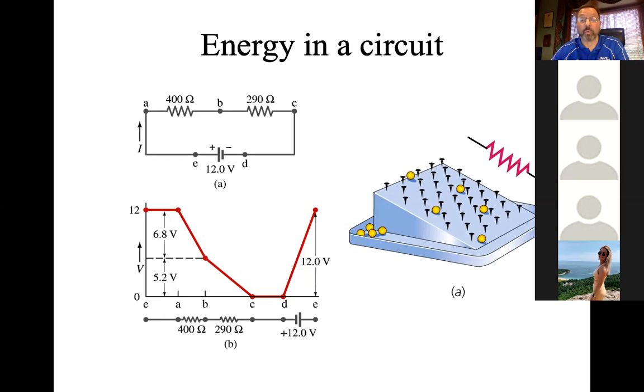I haven't given you all the rules yet to make that calculation, but we can, and the potential has to fall. This gets me to point B right here. Then if the current is going to go on to point C, C must be at a lower potential. We'll just declare the potential at both C and D to be 0.